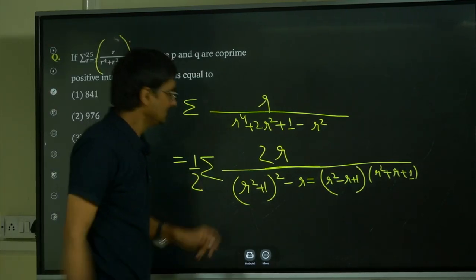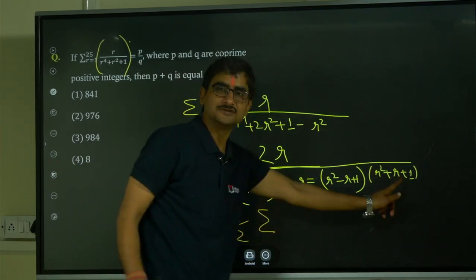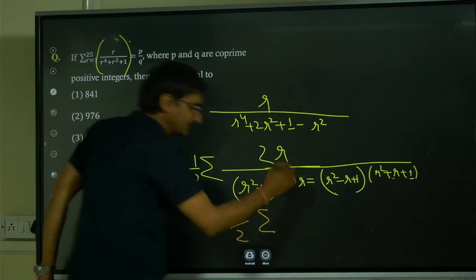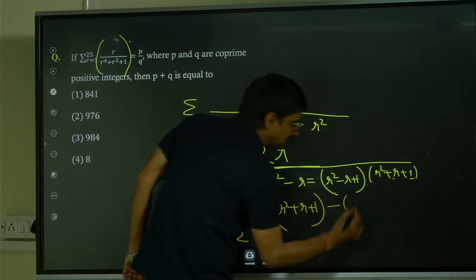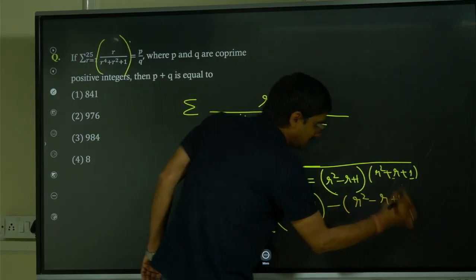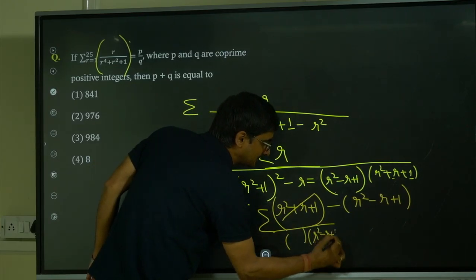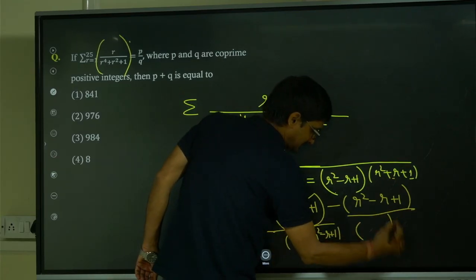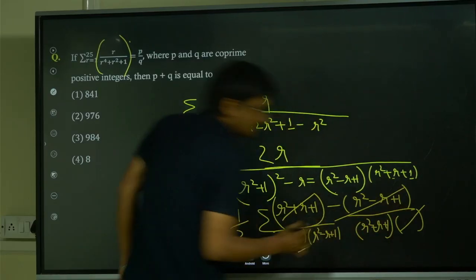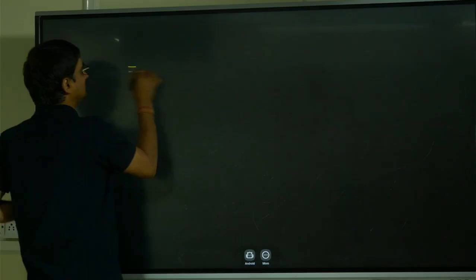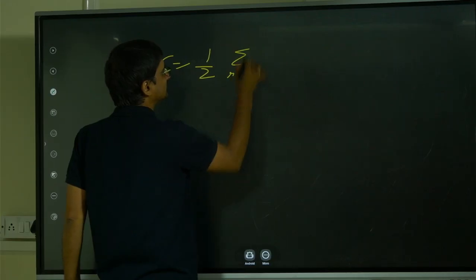Now see what? I can write the numerator as the difference of these two, this minus this. So (r square plus r plus 1) minus (r square minus r plus 1), and when you divide it, this and this get cancelled, so you are left with r square minus r plus 1 in one term, and in the other you are left with r square plus r plus 1. That's what we try to get here: half times summation r goes from 1 to infinity,